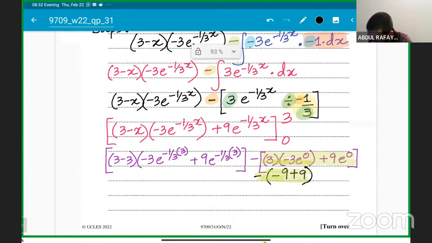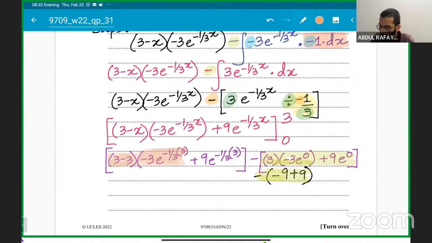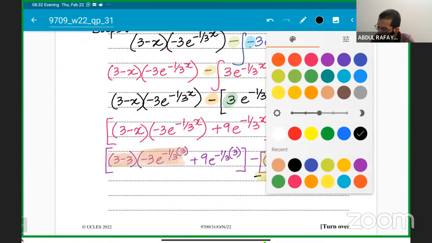So let's do it. 3 minus 3 is 0. So this whole thing will become 0. This is also irrelevant to solve here. That's why it's only 5 marks, okay? 3 minus 3 will become 0. That is why it's irrelevant. Doesn't matter what will happen, because 0 multiplied with that will become 0, right? So we are left with